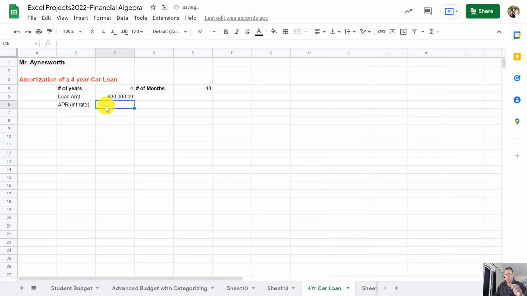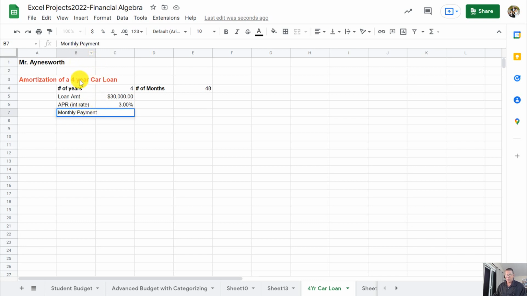Okay, now before you type in 3 for 3%, you got to format it first. So go up here to the percent symbol, hit the percent symbol, and then enter in 3, and notice that it changes it to 3% or 0.03. And so it knows that it's a decimal, or a percentage. Cool. Okay, now let's calculate the monthly payment for this loan for a 4-year loan. $30,000 4-year loan at 3%. So the monthly payment